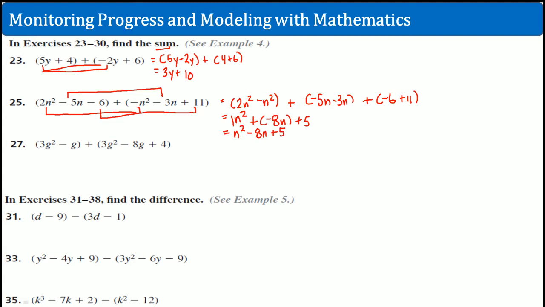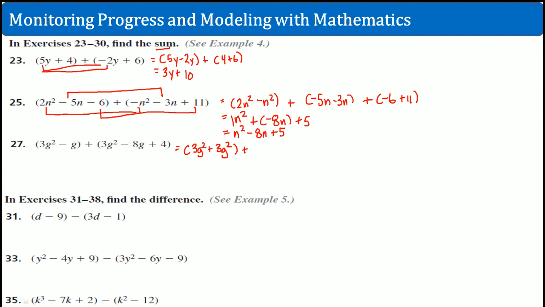Okay, the 1, it's not there. The negative 8, right there, negative 8. You don't have to write plus. Okay, next one, 3g squared. So that goes together. So 3g squared plus 3g squared